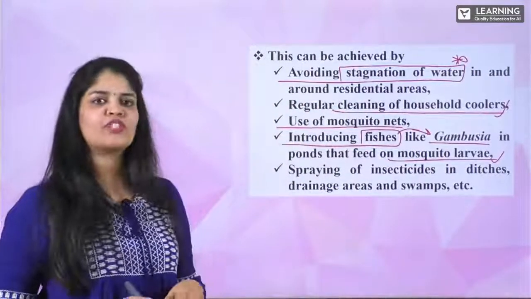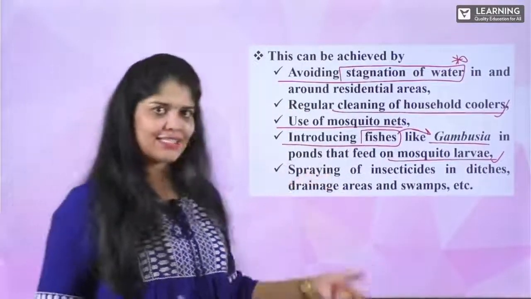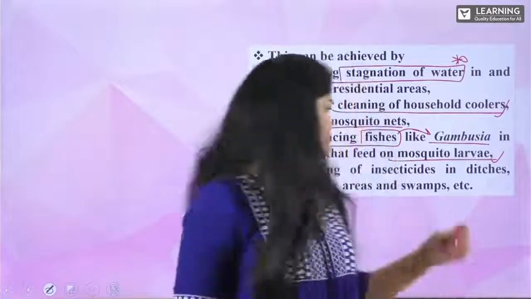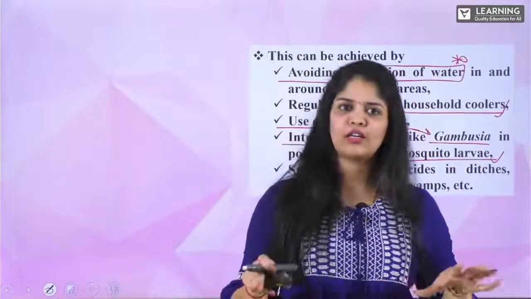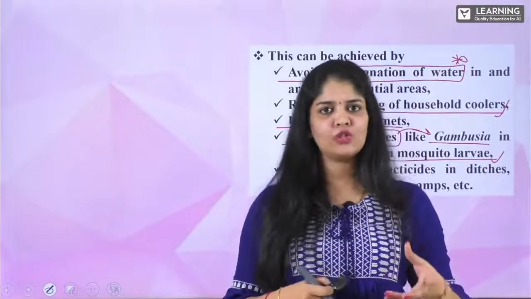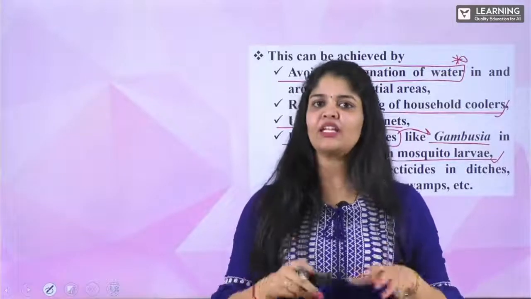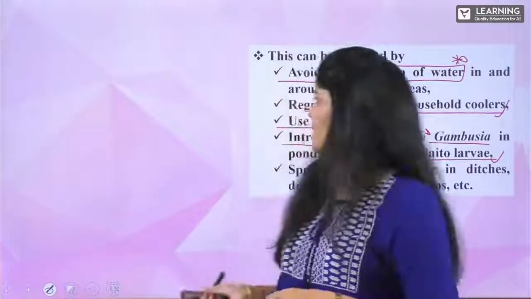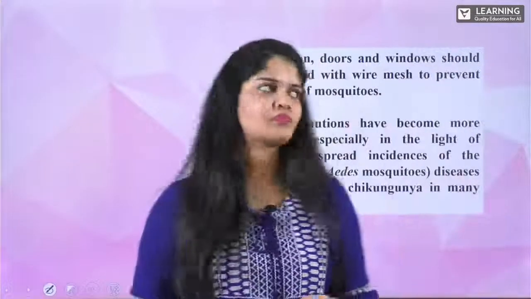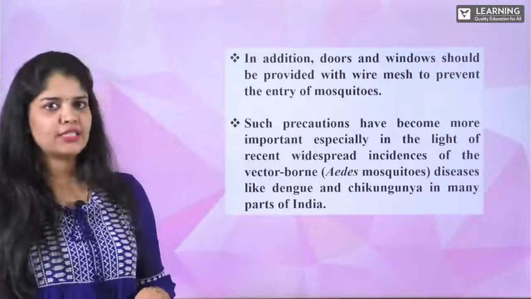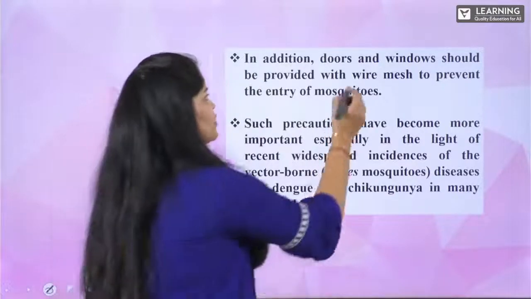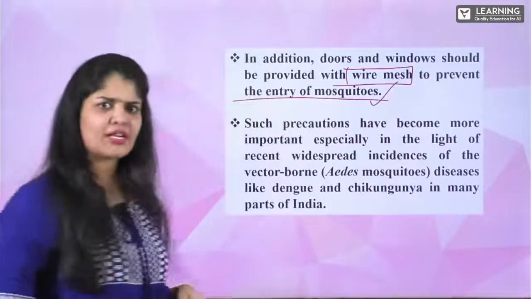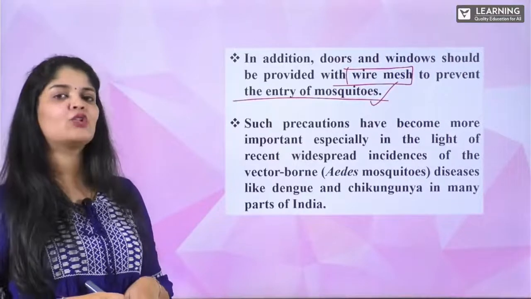And also spraying of disinfectants, spraying of insecticides in the ditches, drainage areas where the stagnant water is more. So these are all the measures that we can take to avoid and to control the vectors, thereby increasing chances of healthiness and decreasing the chances of infection. Now, in addition to this, doors and windows should be provided with a wire mesh to prevent the entry of the mosquitoes. These are all the general practices each and every house has to practice to eliminate the entry of